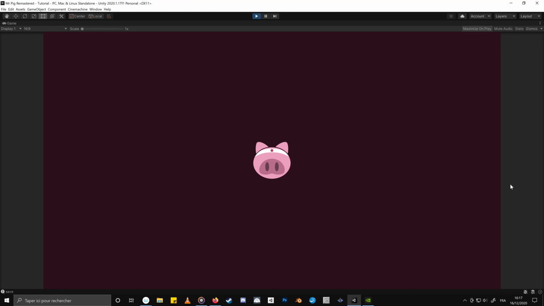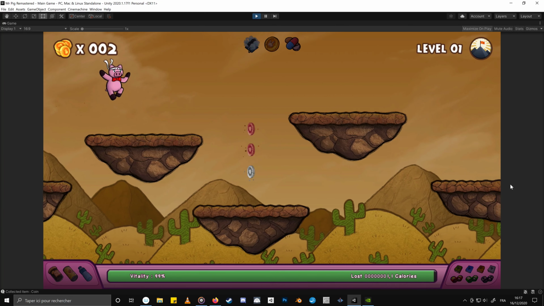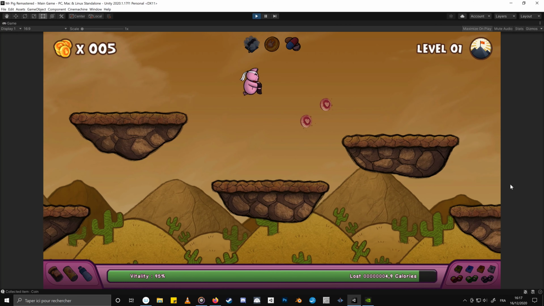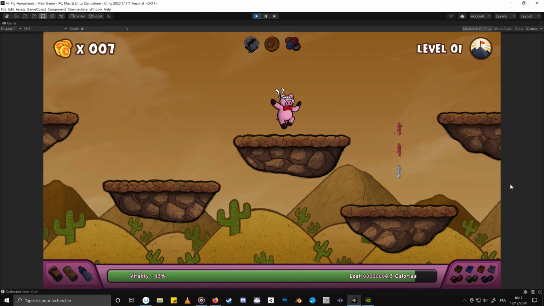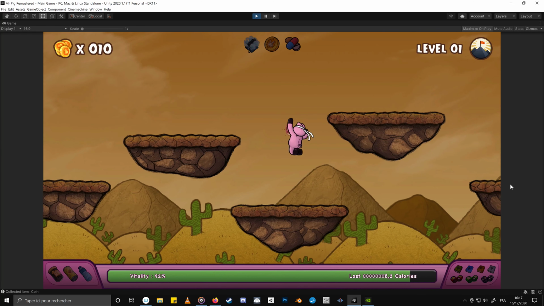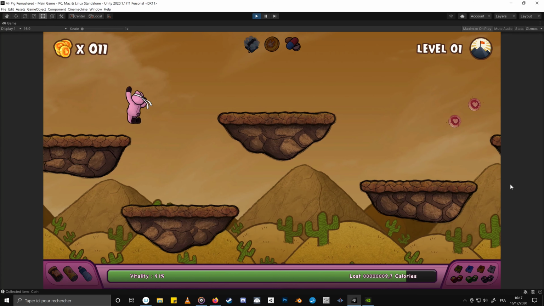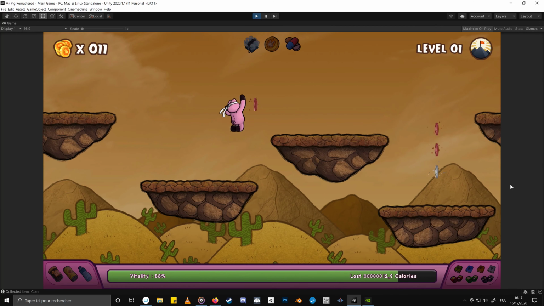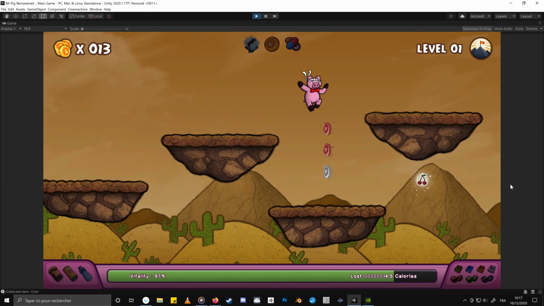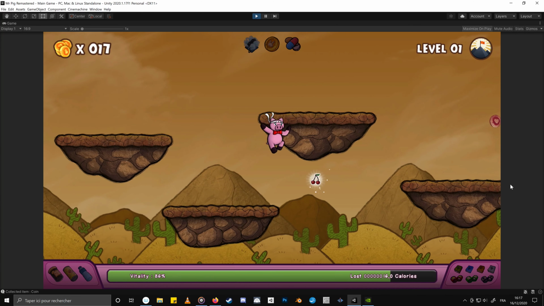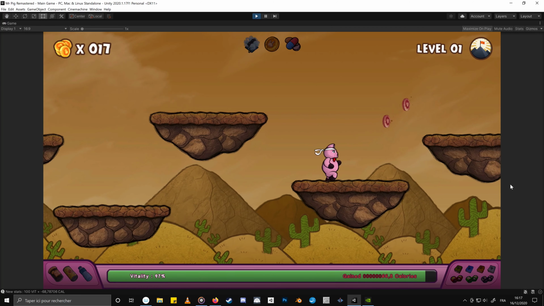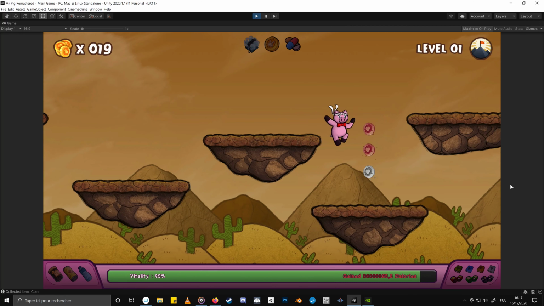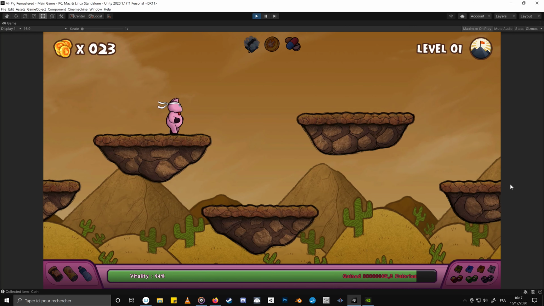And right now I'm taking my gamepad, because you see I can play the game with the gamepad. I'm actually moving and jumping with the gamepad right now, which is a great thing about working in Unity when compared to working in Flash, because in Flash you can't access plug and play devices. In Unity obviously you can. So I'm playing the game, I'm jumping around, I can already pick up coins, pick up food, and food regenerates my vitality, which drains because Mr. Pig is not an athlete, so he's getting tired very quickly.